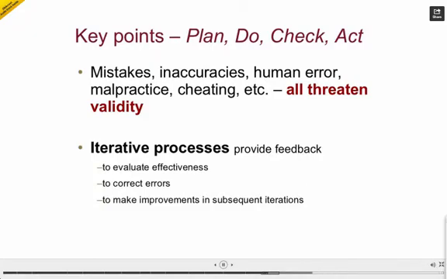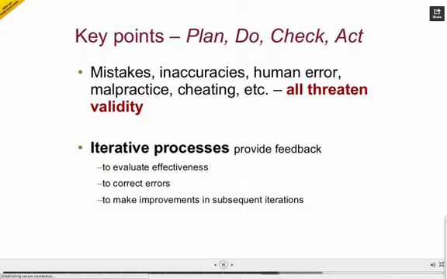And so what you're trying to do is not only spot it, but anticipate it in advance and try and put in processes to prevent it. If you do spot it, then it's a question of iterating, going back into the cycle and trying to put it right. And it's not just a question of correcting mistakes, because at a certain point you evaluate what you're doing and say, well, okay, let's do it differently and better. Because there's always room for improvement, and there's no such thing as a perfect model.